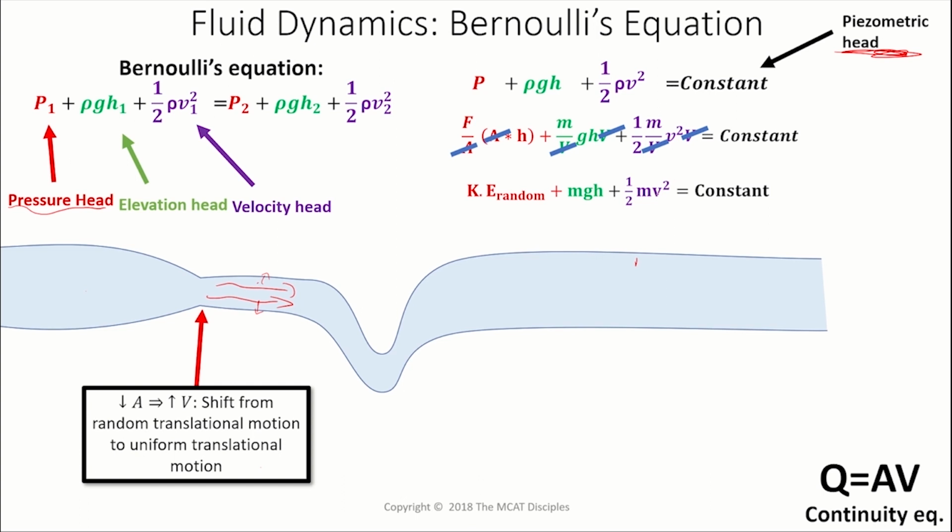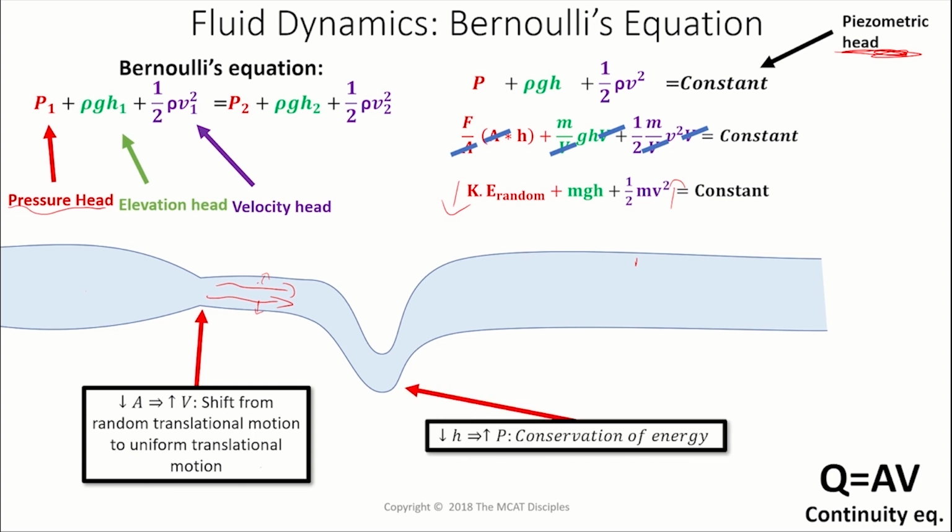Represented here, it's like saying, okay, you have an increased velocity, so you have a decreased random kinetic energy, you have a decrease in the random translational motion, and hence you'd have a decrease in pressure because the random translational motion is what's generating that pressure. If you have a decrease in height, you have an increase in pressure due to just conservation of